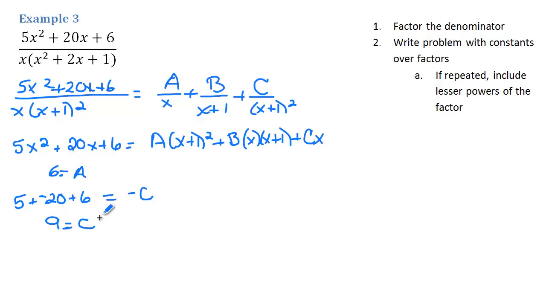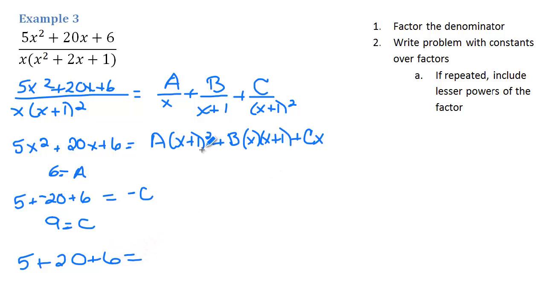How will we get b? Well, unfortunately, there aren't any other really easy things to try. So let's pick a nice number like 1, because we've tried negative 1 and 0, so let's pick 1. 1 squared times 5 plus 1 times 20 plus 6